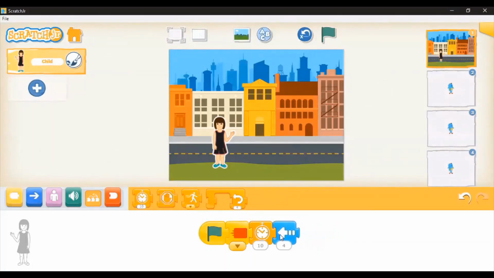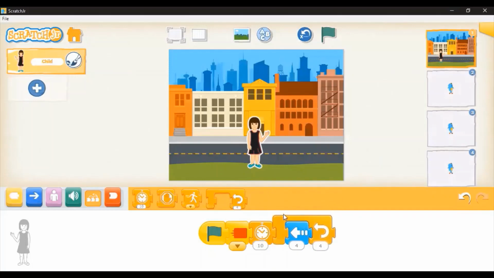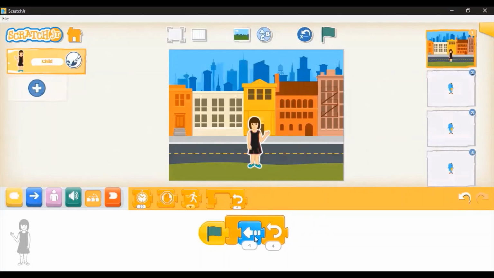All right, now this character moved in the left direction 4 times and then it stops. If I want to make this character repeat the same step, say 6 times, what I do is I take this loop and I place it here. I'll remove this clock because unnecessarily it is adding delay. I don't even want this. I directly connect it here. So now my character is going to move in the left direction 4 steps, and this particular block will be repeated 4 times.